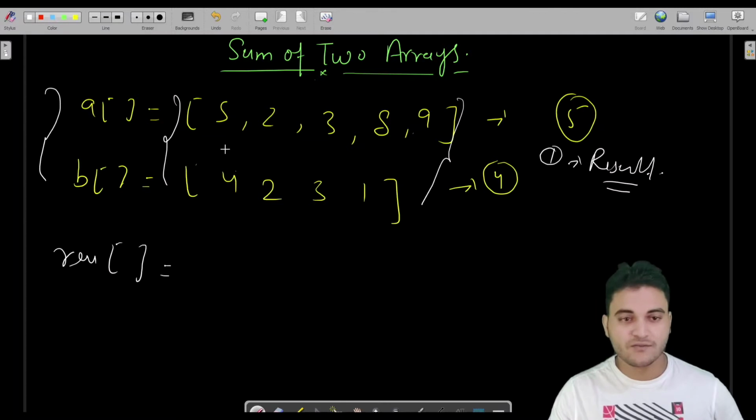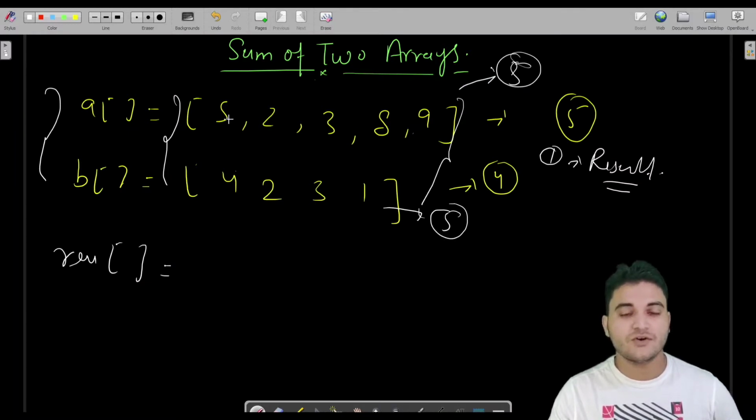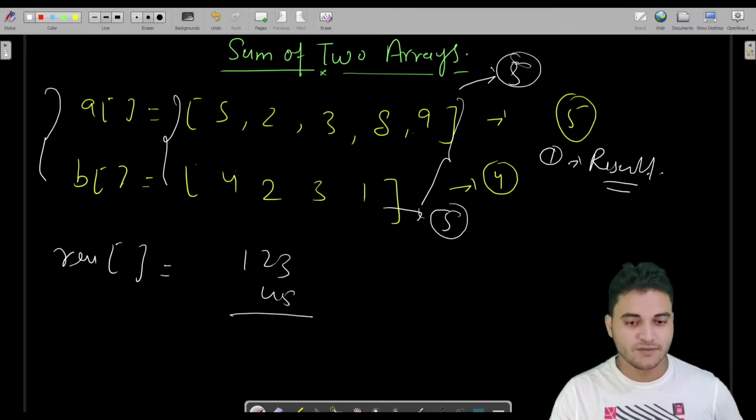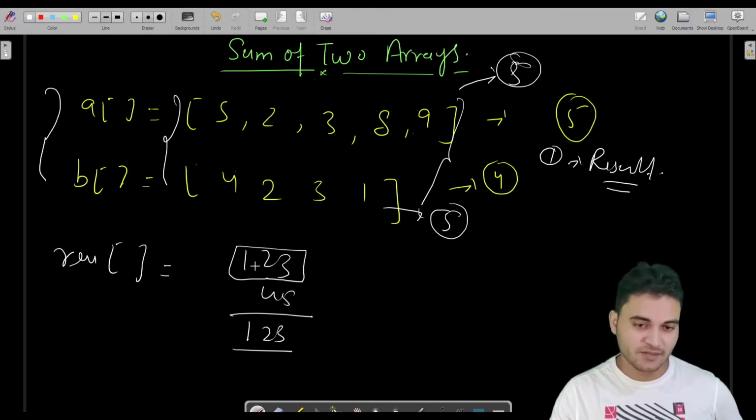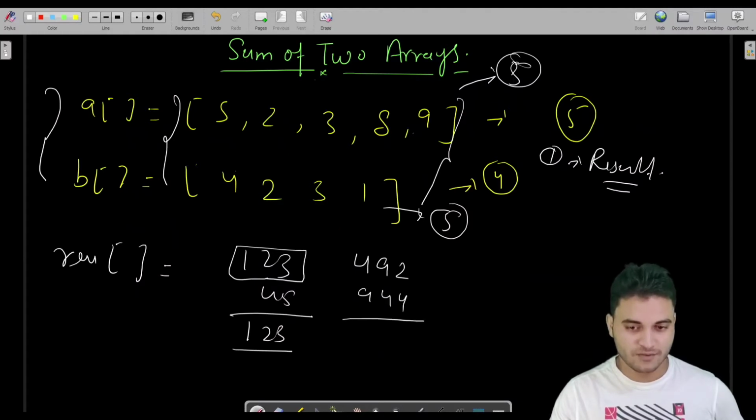So looking at it, in the A array we have 5 numbers, in the B array we have 4 numbers. So what can be the maximum length the result can reach after adding these two? What I mean is, let us say you have 1 2 3 and you have 4 5. So what would be the result for this? Of length 3. At max the result would be of length 3, because the result will not go further than 3. And in this case, let us say 4 9 2 9 and 4 4. At what length would the result go? It can go till 4.